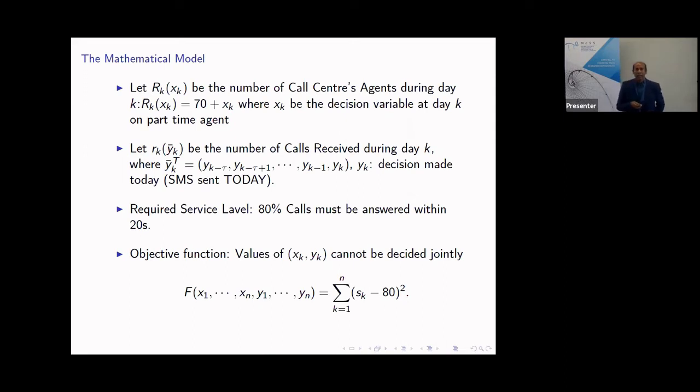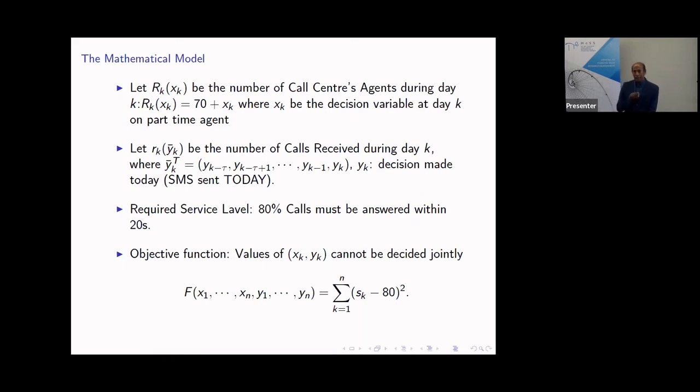And that's what I wrote there. The idea is that ASK is a service level where you take a decision today. You say the number of people, maybe 5 part-time people, and the 75 fixed people you have today in the call center, and how many calls you should send. When you send a call, this will determine what you call the service level.